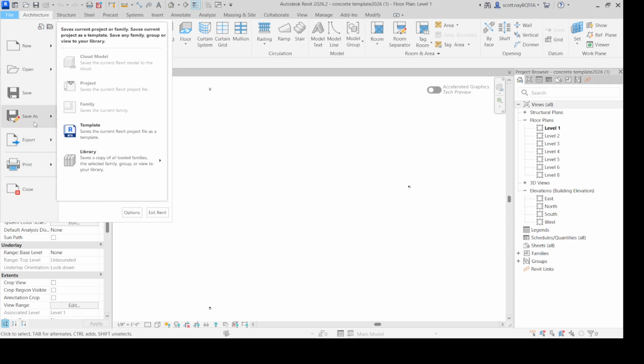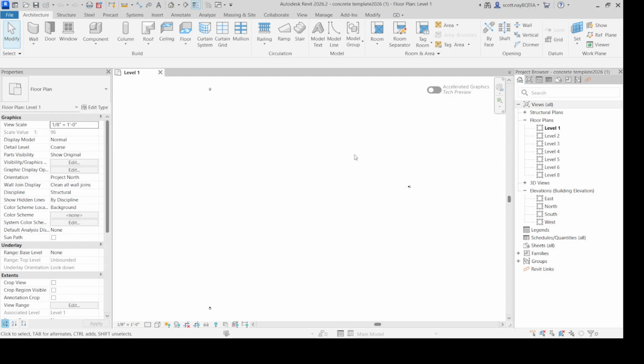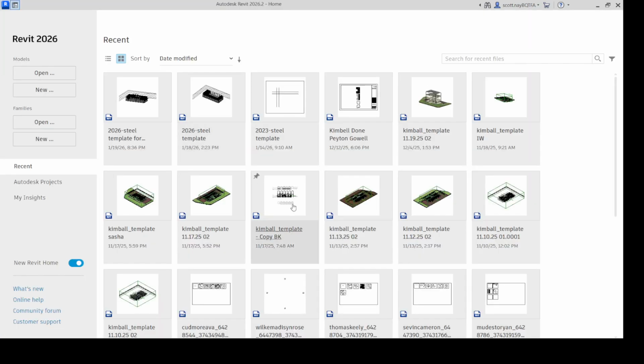So if I come to Save As, you can see that's my only option. So if this is some sort of shared file in the office and 3 different people are working on it and they're all changing the template, that's less than ideal. So what you ought to do instead, and it doesn't matter when you're in school, but once you get to an office, you're going to say New,